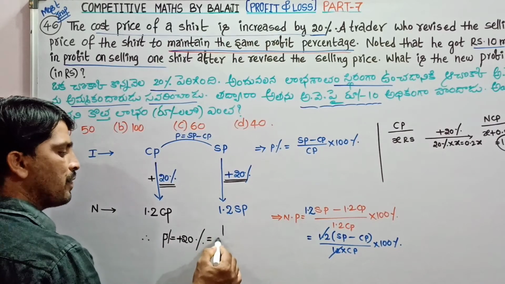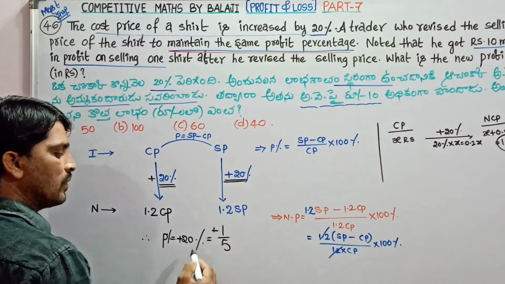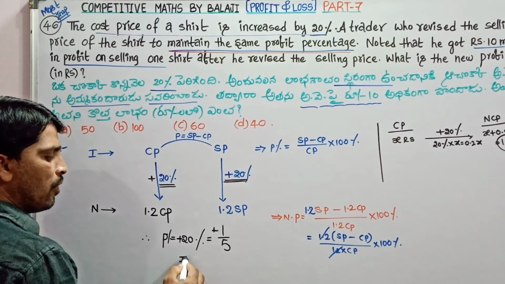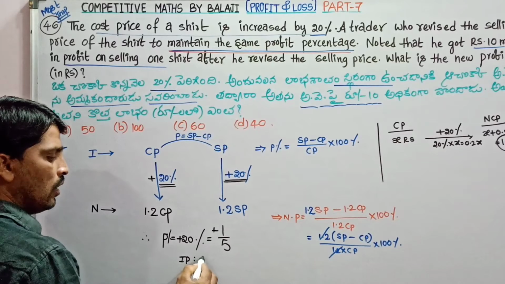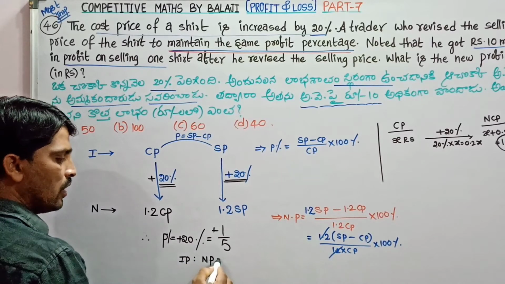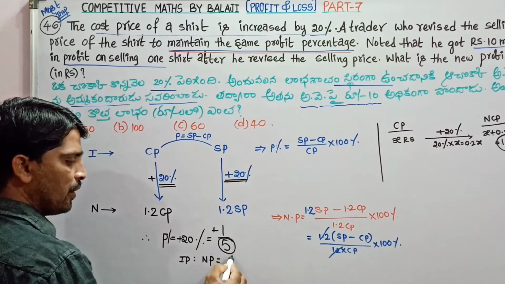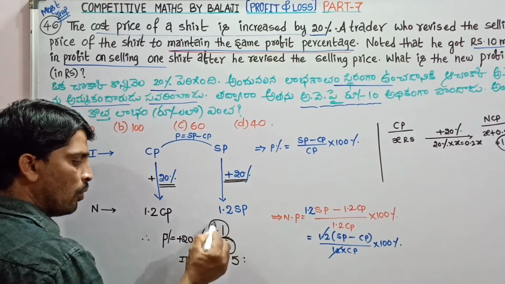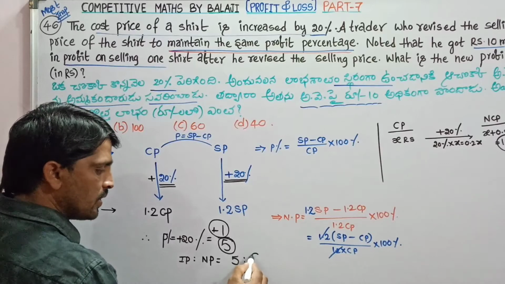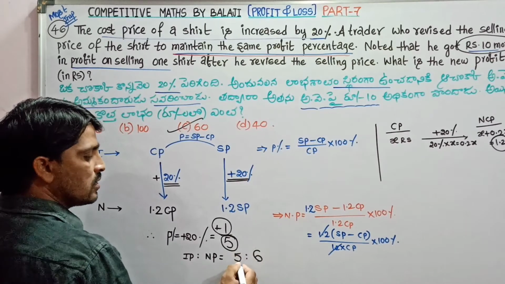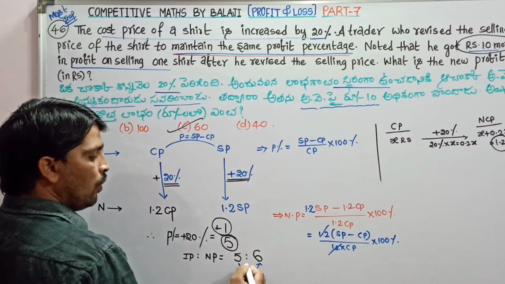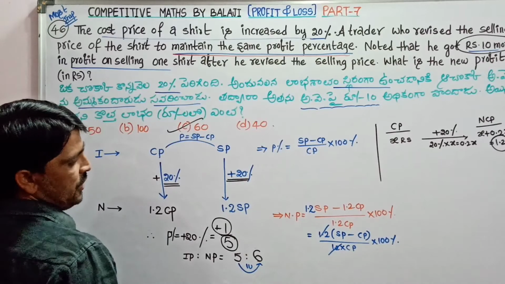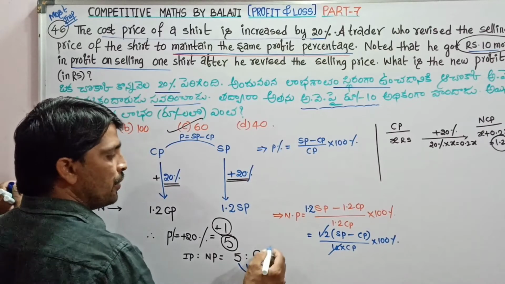What is the 20% fraction value? 1 by 5. That is, the initial profit to new profit ratio: if the initial profit is 5 units, then the new profit is 1 more than the initial profit, that is 6. Yes, there is a 1 unit profit change. The change in profit is 1 unit, but